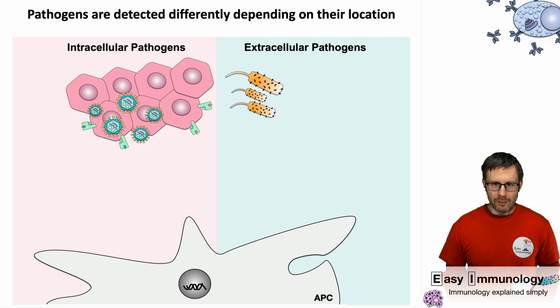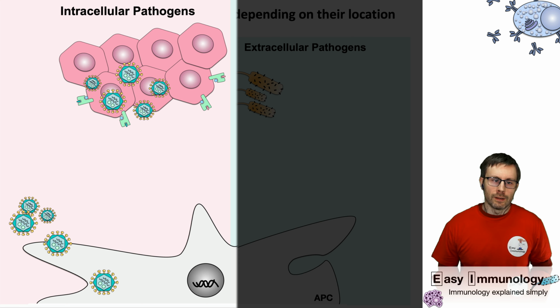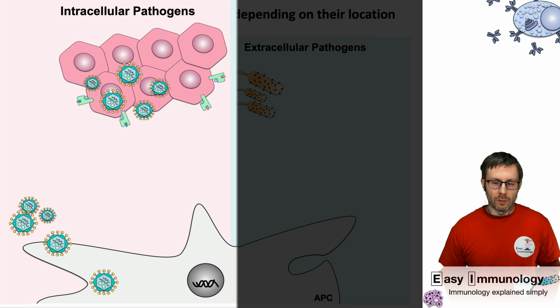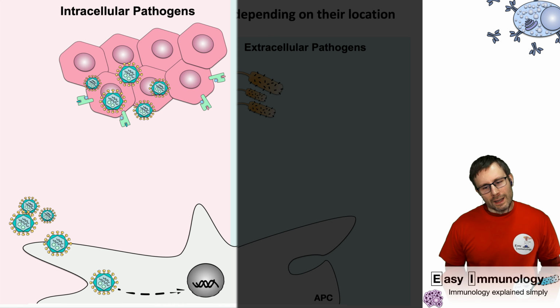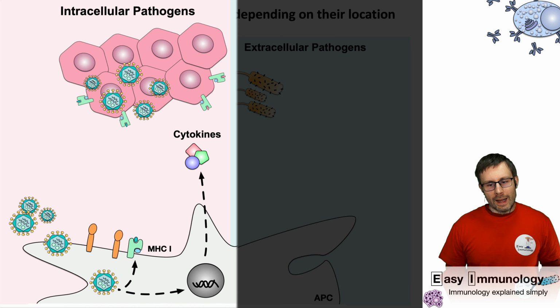And we will start with the left side first. So we have intracellular pathogens, and the antigen-presenting cells swim around everywhere in our body, and they just let themselves be infected, for example, by this virus. So they're just passively infected by wandering around in an infected tissue. And then this virus triggers the activation of the antigen-presenting cell by recognizing the pathogen via their pattern recognition receptors. This triggers again the production of many different proteins, including cytokines, co-stimulatory molecules, and